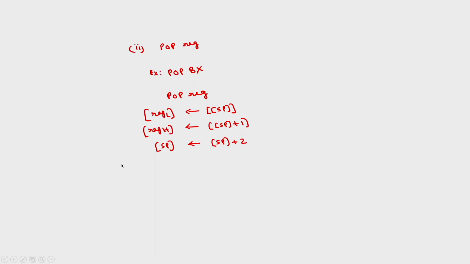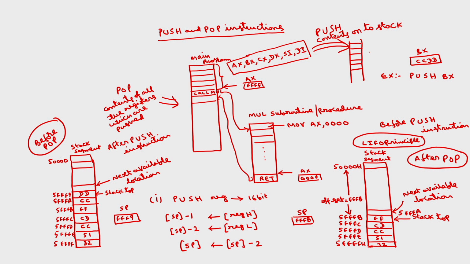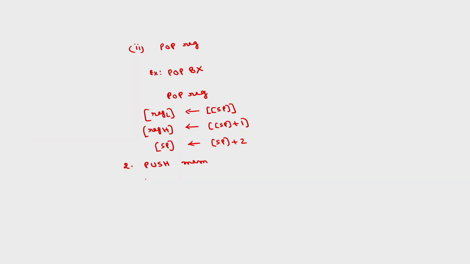The second push instruction is push memory also. So, the memory can be again one of the 5 options. So, what is the operation, again similar to this one? Whatever the physical address that we are going to compute, from that location the contents will be pushed onto the stack, the same operation. So, instead of register high, that will be the physical address, will be SP minus 1, physical address plus 1 to SP minus 2, SP becomes SP minus 2.